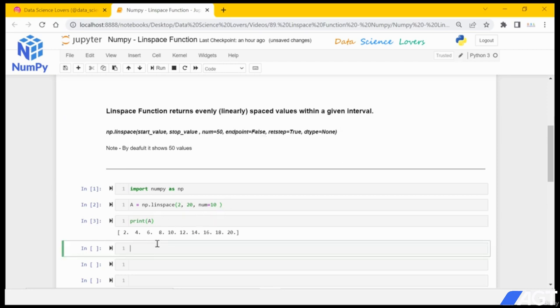I will write it again. np.linspace, our start value 2, our end value 20, and number again I will pass 10. And this time I will use another parameter, endpoint equal to false. I will save this again in a variable named a. Now if I print a,